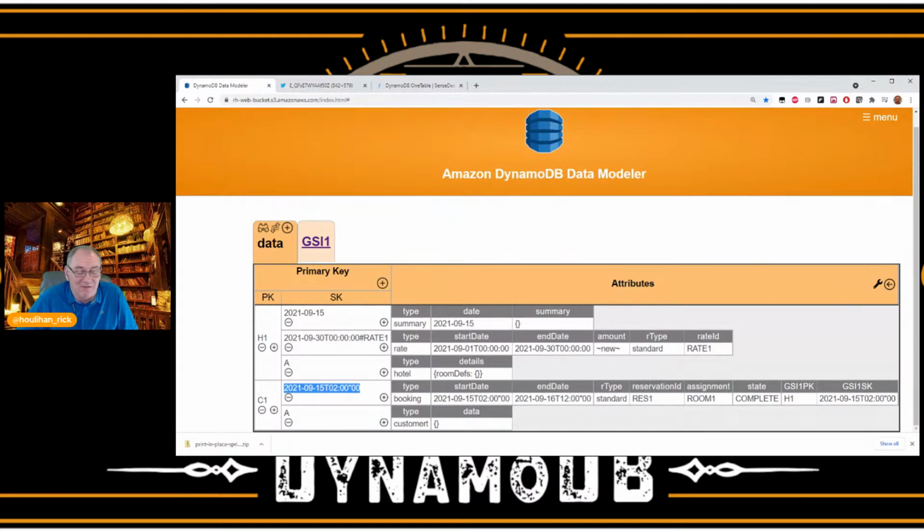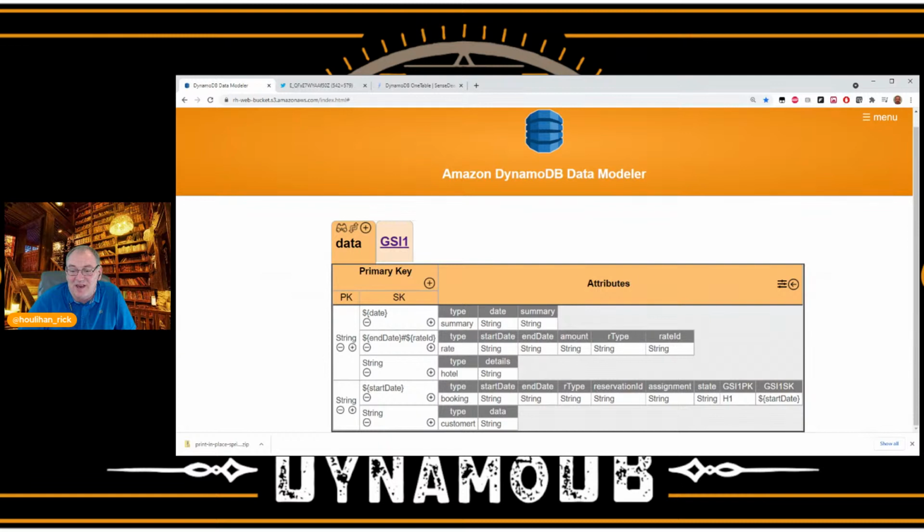And it gives you a lot of functionality around being able to auto-generate keys, right? Like when you have these composite keys like I have here, this is actually a value template formula that was defined by the OneTable guys. And if I export the OneTable schema, what happens is if you use the OneTable library, you don't need to actually create this key yourself. You just need to decorate the item with the appropriate attributes, and the OneTable library handles creating the composite key for you. So you just define these value templates like this, and you say its entity type is whatever, booking, hotel, rate, summary,